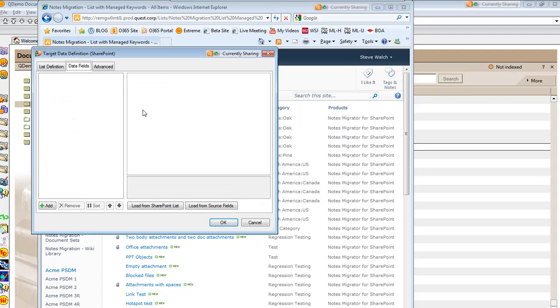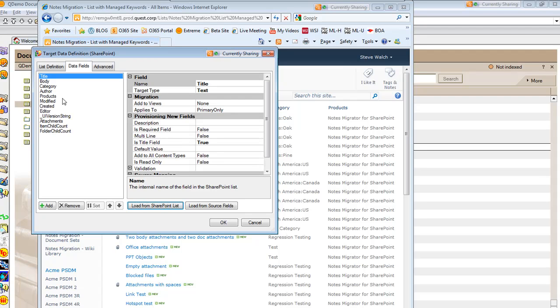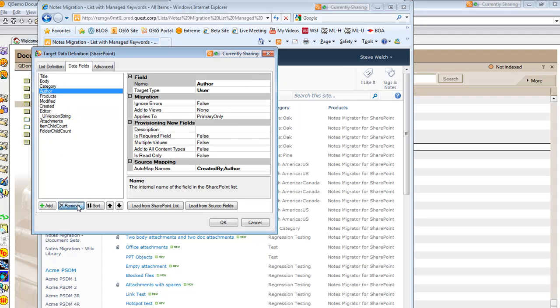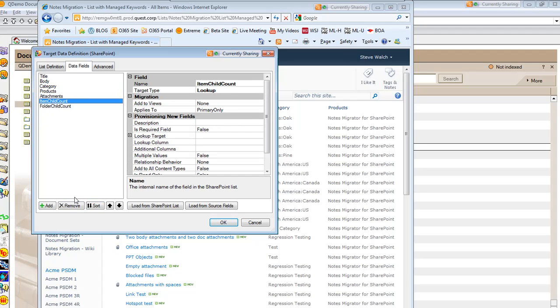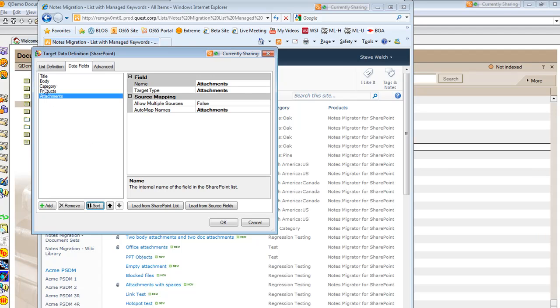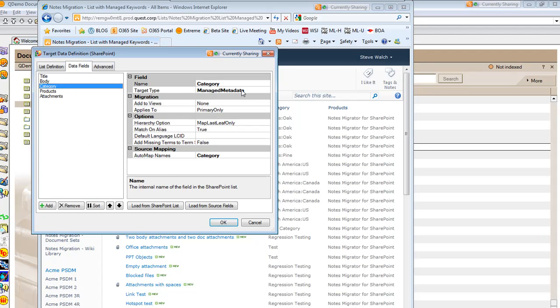Instead of designing the schema for this list based on the source fields, I'm going to load it from the existing SharePoint site. So I've loaded in the schema of the SharePoint list. It pulls in some of these read-only fields we don't really need to migrate to. But most important, it got the category field, which it knows is a managed metadata field, and the products field, which is a managed metadata field. So here's where I could customize how I want to migrate this. So in my options section, we have our hierarchy option, and I've got this set, by default, to map